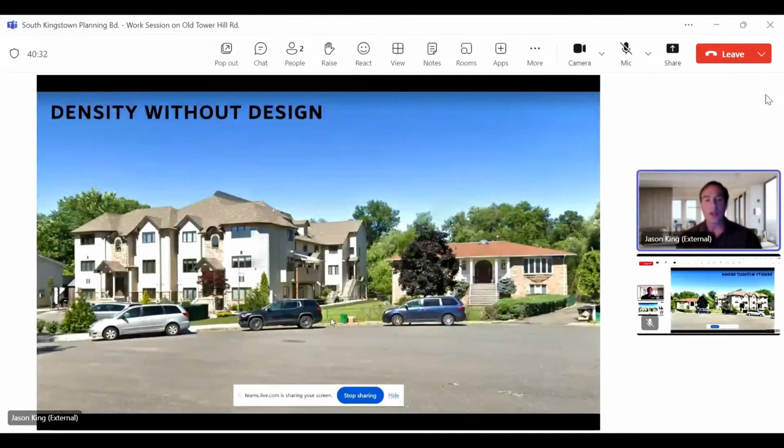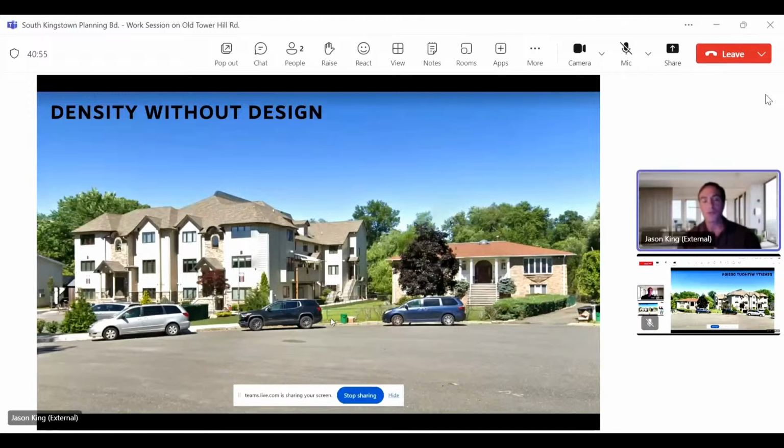What people are afraid of when you take a single family neighborhood and you allow duplexes or triplexes is this case in Ramapo, New York. What they're afraid of is you don't want to be the house on the right. You don't want a house that's dwarfed by the neighbor. These are incompatible. This is a difficult way to live.